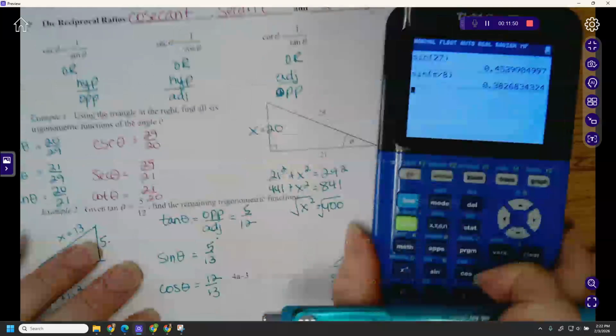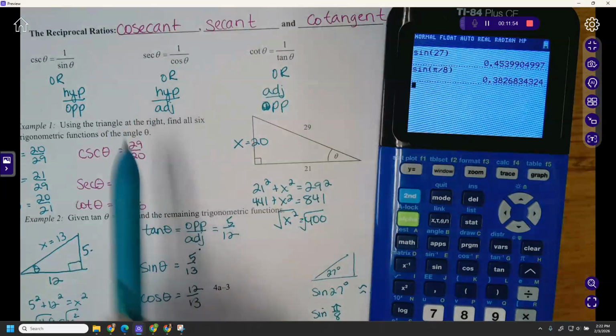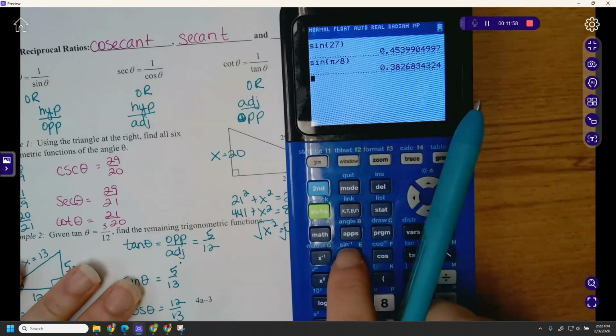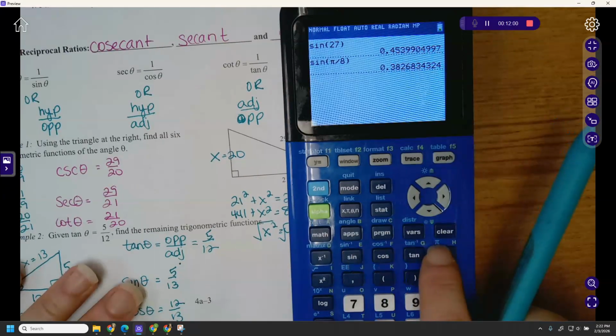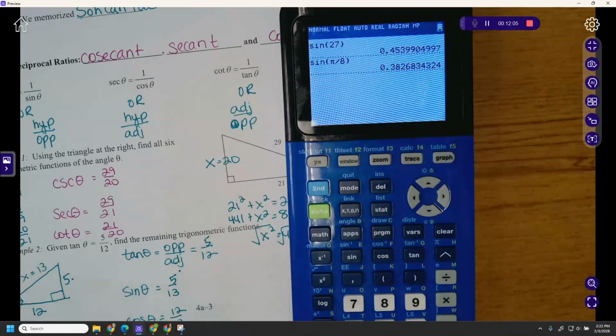Little word of warning, there's no cosecant, secant, and cotangent button, so you'd have to do 1 divided by. These here are inverses. Those are not the same thing. They're not cosecant and secant and cotangent. Those undo angles. I don't know if you remember that from last year. They undo angles. Like if you knew this cosine and you wanted to know the angle, they go backwards. So something totally different. All right, so